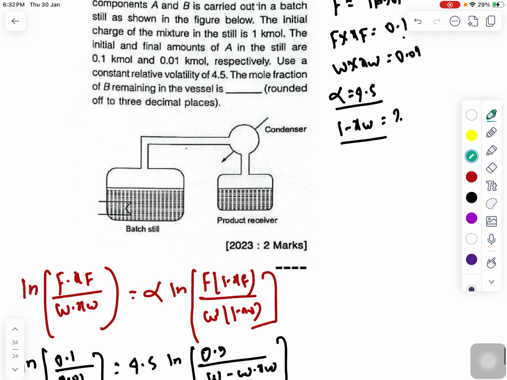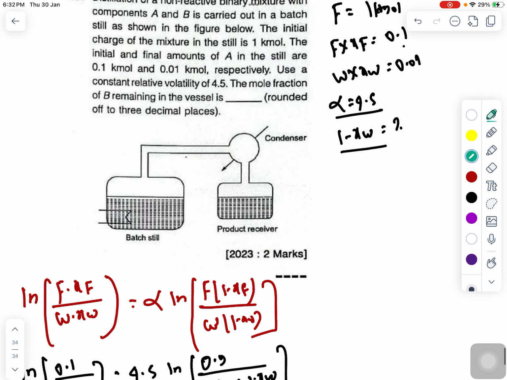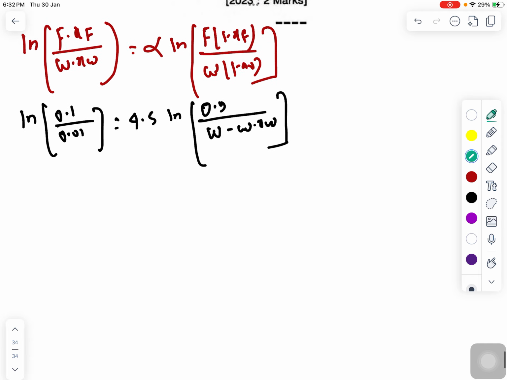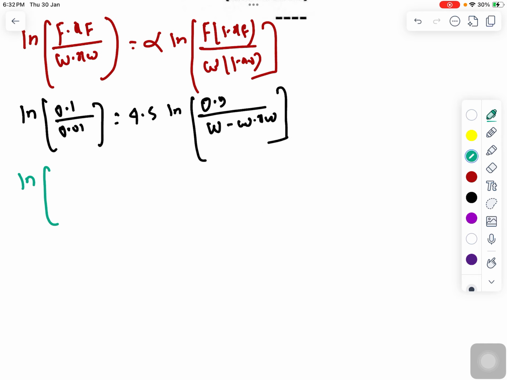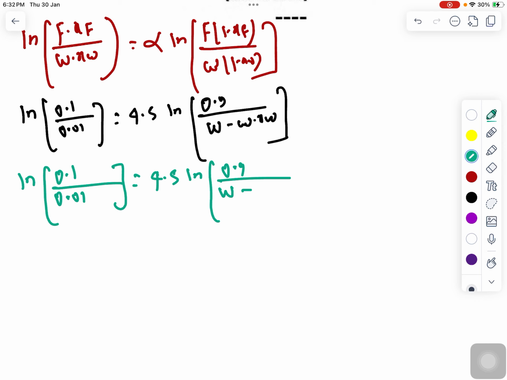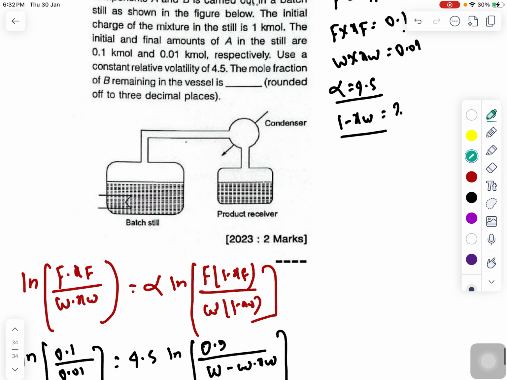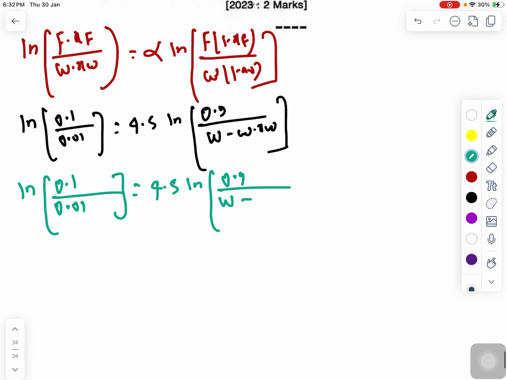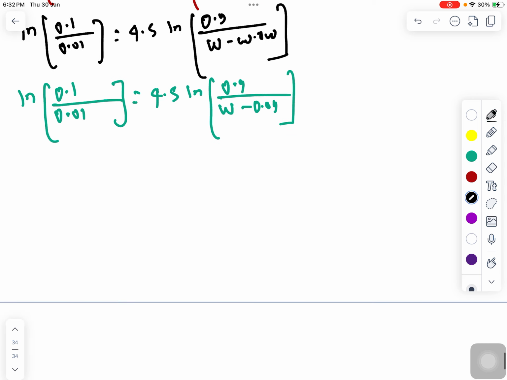And W into XW is 0.01, right? So from here I can write ln of 0.1 divided by 0.01 is equal to 4.5 ln of 0.9 divided by W minus XW, which is given to you as 0.09, right? From here, this equation will give you the value of W, right? Now once you know the value of W,